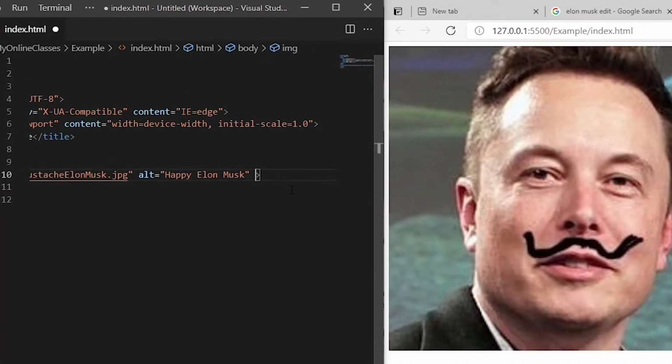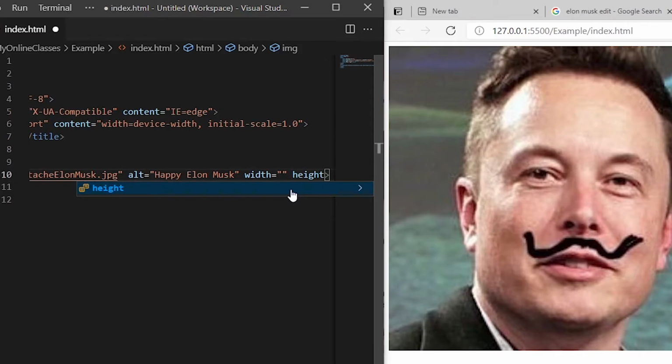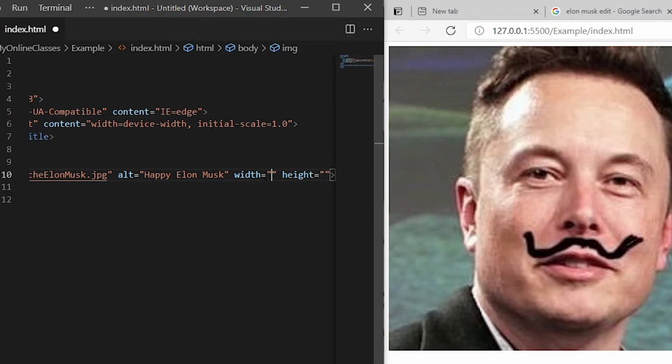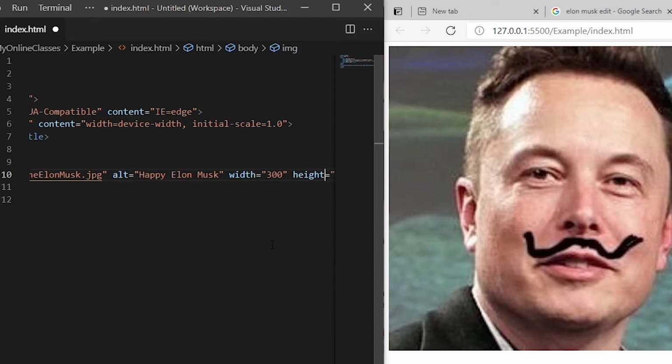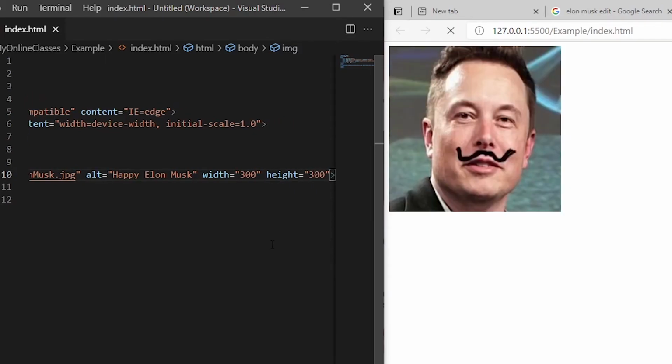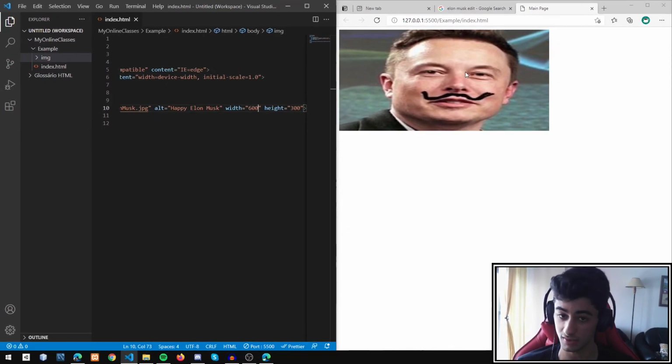So I will show you another very useful trick. We can put the width and the height, so we can change both sizes of the image. We can put first the width, as an example, 300 for 300, and it will become a smaller square. But if we want some more width, you can change the width to, like, 600, and he will become a little bit fatter. So thank you guys and see you soon.